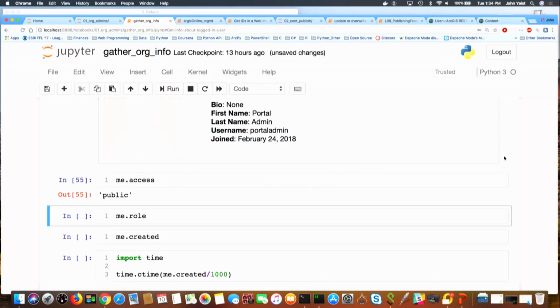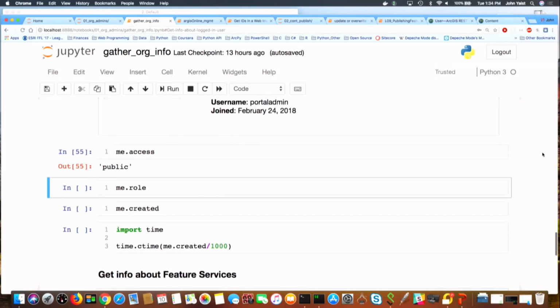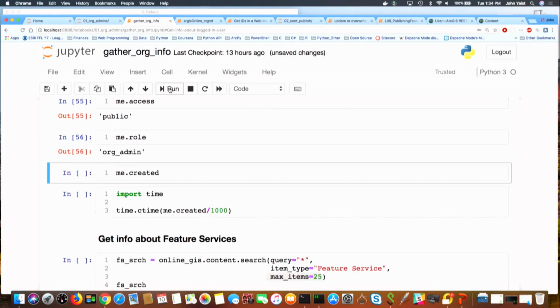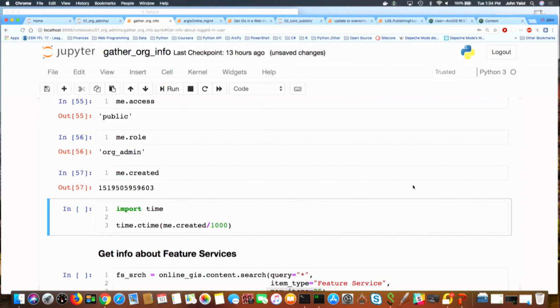What kind of access do I have to this portal? Public. I've got access to everything inside this portal. What role am I? I'm the admin, right? When was I created? What does that mean, right? So, okay,